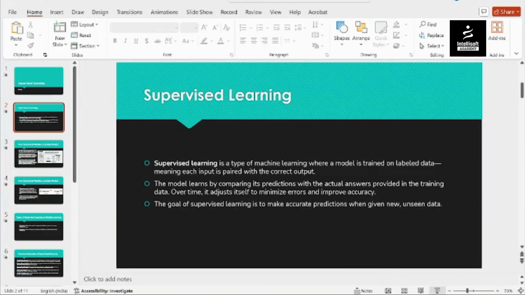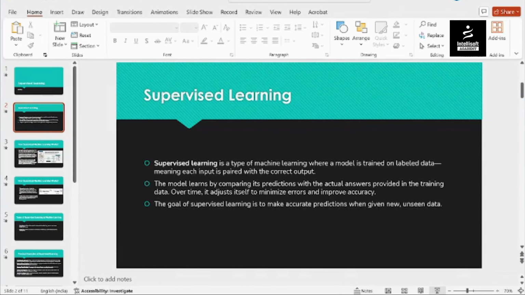In supervised learning, we give labeled data to our machine, like we give input as well as output to the machine, so that the machine learns what kind of inputs, what output it should generate. Like if I was giving the example of cows, I will give each and every detail about a cow. Like if it has four legs, two ears, two horns, one tail. So now the machine knows that it's a cow.